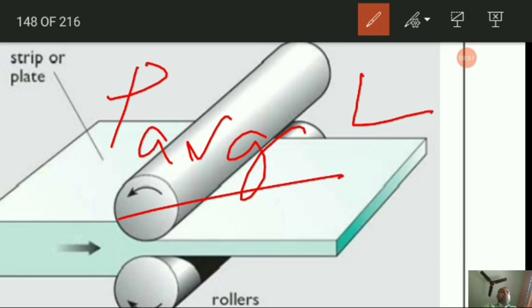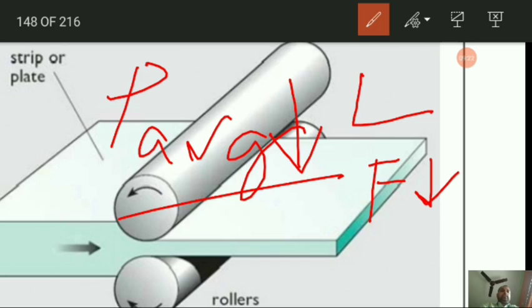Now the average roll pressure can be decreased by reducing the maximum pressure, which is a function of contact length. Smaller contact length means less friction acting on the roll. Thus by reducing the contact length it is possible to decrease the roll separating force. So if you decrease the pressure, the roll separating force will also decrease,